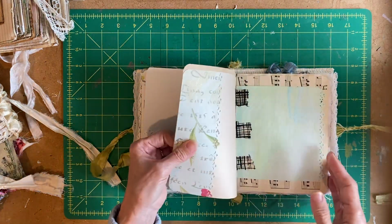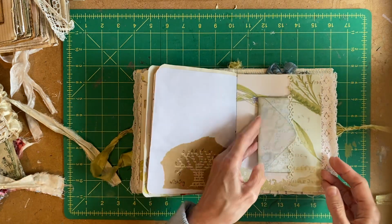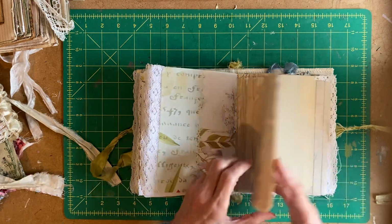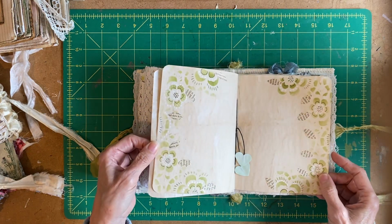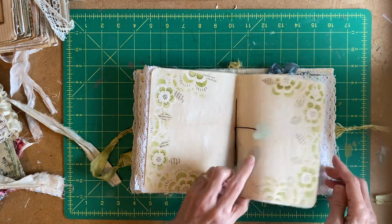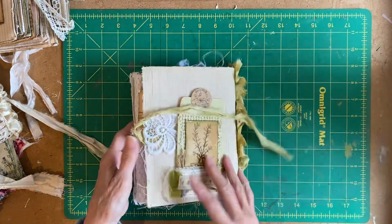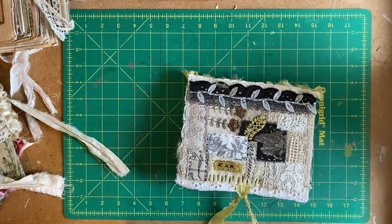So two signatures. Again, as I say, this is Frosted Bramble. Now I've sorted that out. More doodling. These little leaves all stuck on. Beautiful, beautiful little journal. So if you'd like one of Carol's Frosted Bramble